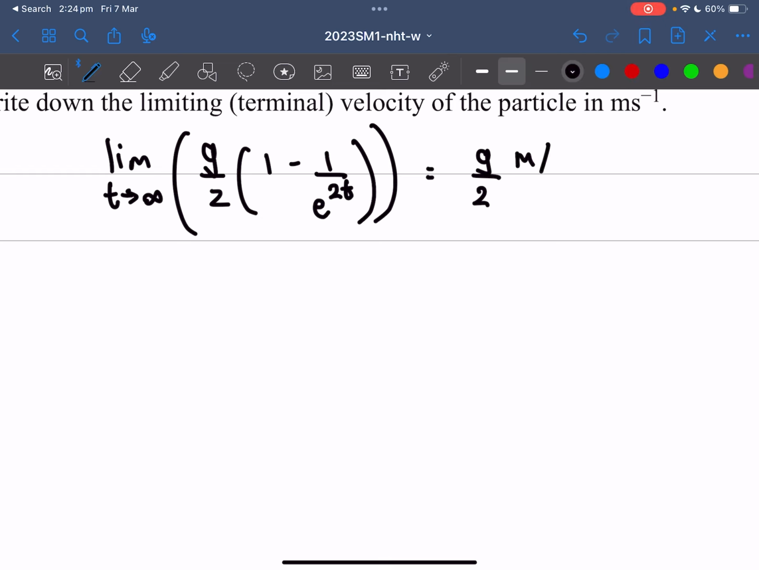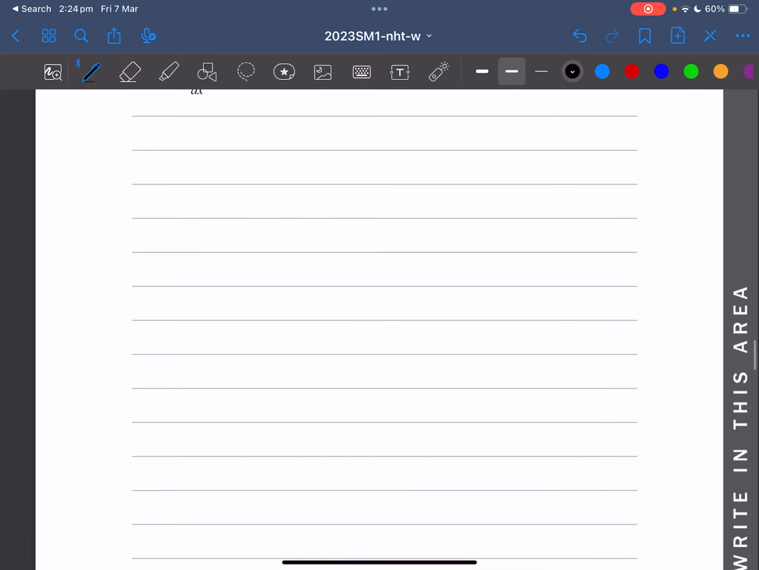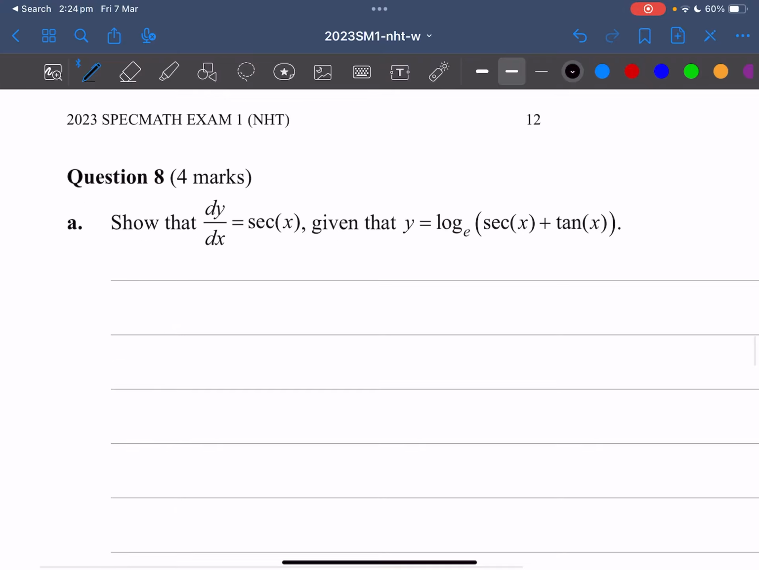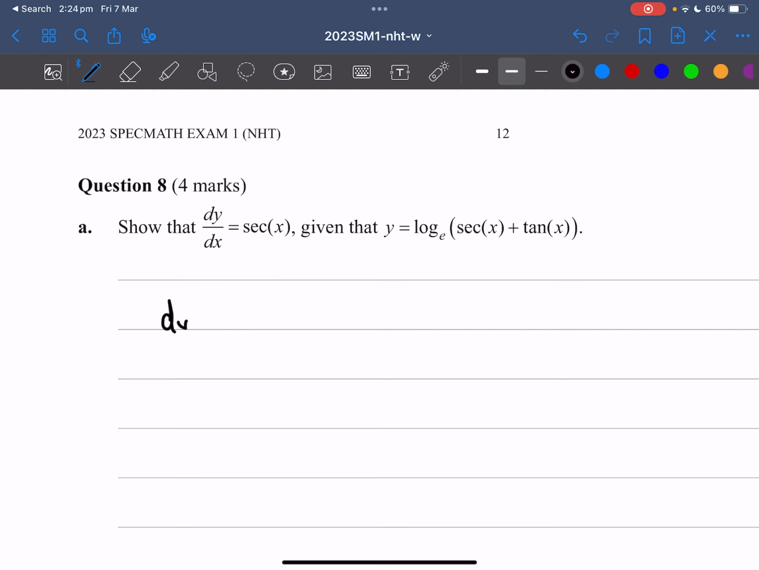Meters per second, of course. Okay, hopefully this made sense to you. So question number 8, what is it? Show that dy/dx equals this, given that y equals this. We are simply asked to just differentiate. So dy/dx is equal to,